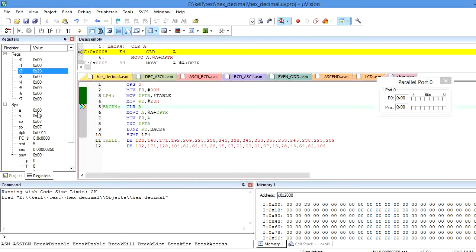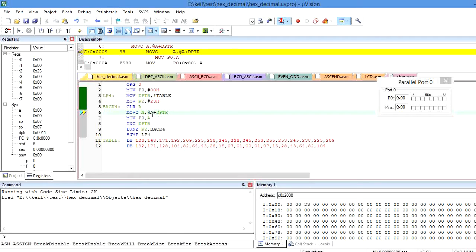Before it is 00h, and after execution the accumulator is also 0. Now MOVC A, @A+DPTR. What this instruction indicates is that I need to fetch the value of the table. This table is present in the code ROM memory location. In order to fetch this data from the code ROM, I need to use this instruction MOVC A, @A+DPTR.